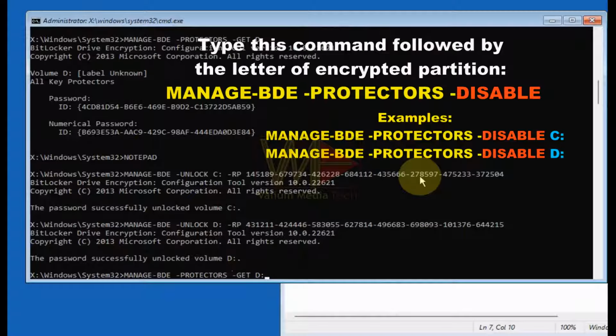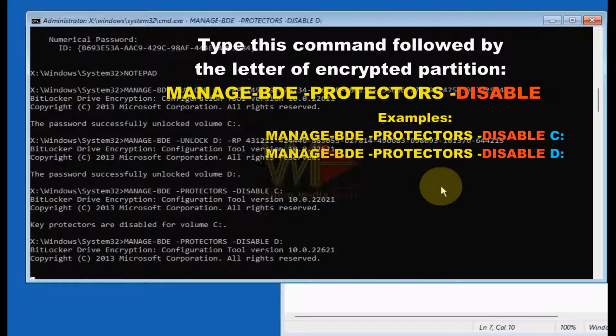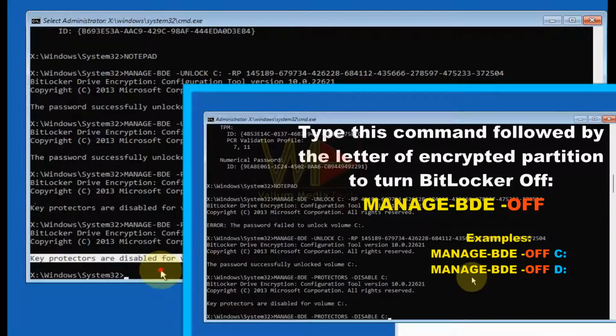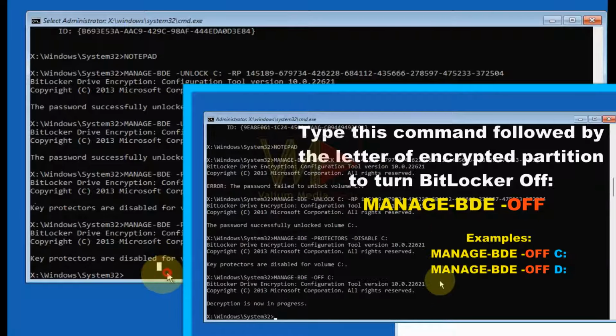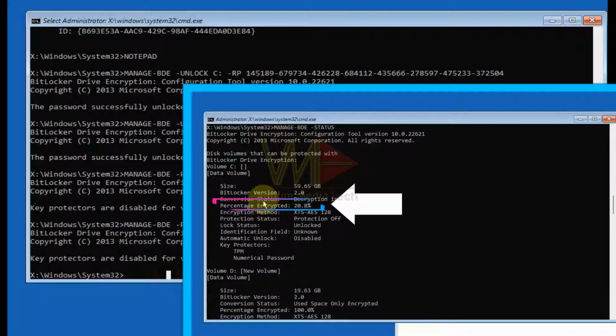To suspend BitLocker protection from CMD, type the shown command followed by the letter of the encrypted partition. Suspend protection in all encrypted partitions one by one using the same command. To turn off BitLocker from CMD, type the shown command followed by the letter of the encrypted partition. Notice that the decryption takes a longer time, so you have to wait until the percentage encrypted reaches 100% before restarting